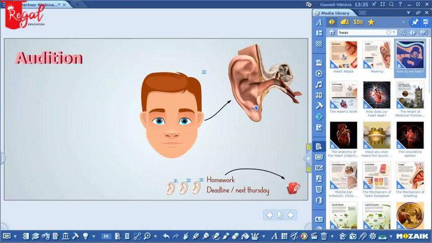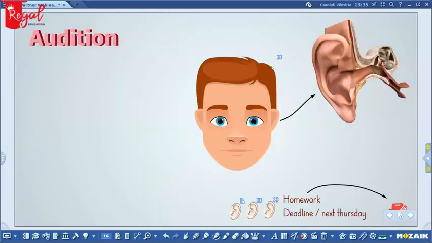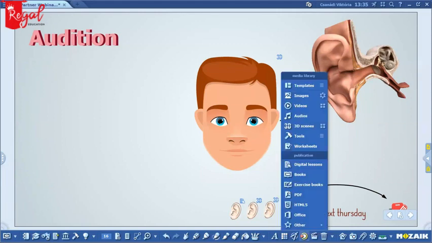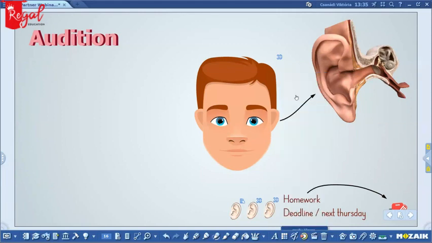So as you can see, in this one single slide, we have a 3D object. We have the connected 3D scenes. We already created a homework for our students and also added 2 connected 3D scene and a connected digital lesson to the topic. But we haven't used any tools and games so far. So what can we do? Open up the media library again under the pizza icon. And I would like to